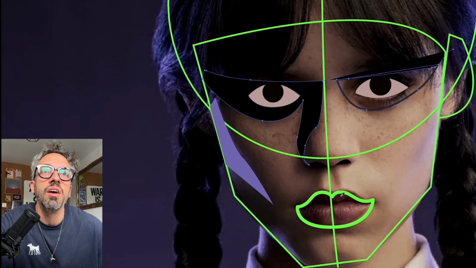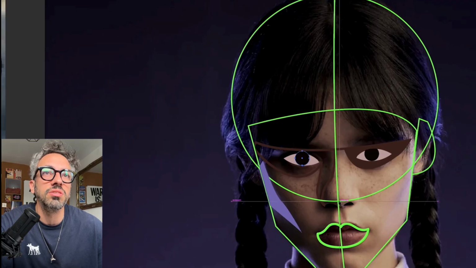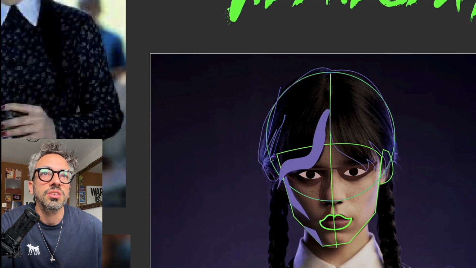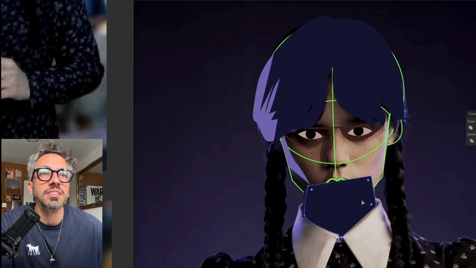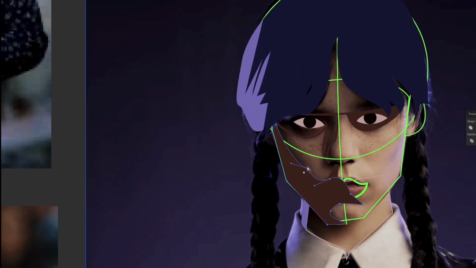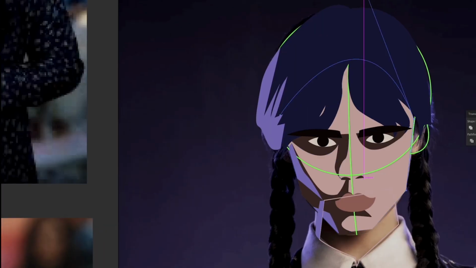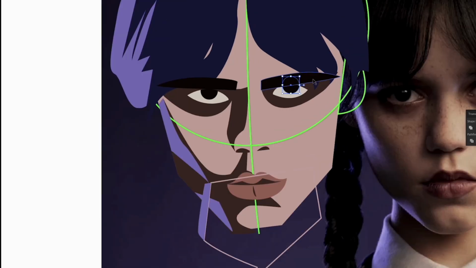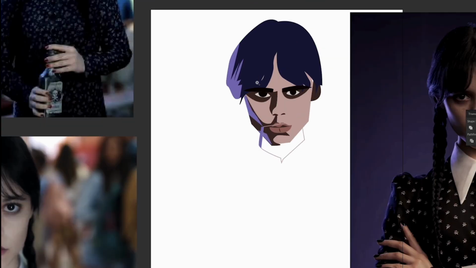This is what I'm doing right now, and it does look very weird to start with, but I'm just trying to find where those geometric forms are. So I found like, no, it's very rounded face, and I've got her jaw extremely like harsh lines at the moment, but we're gonna polish this later on for sure. So I traced a little bit over her, but then like I moved to the side, and now I'm trying